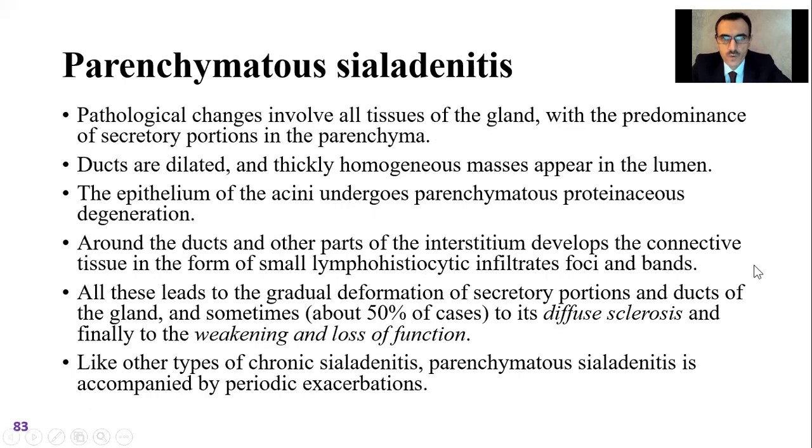Pathological changes involve all tissues of the gland, with the predominance of secretory portions in the parenchyma. Ducts are dilated and thick homogeneous masses appear in the lumen. The epithelium of the acini undergoes parenchymatous proteinaceous degeneration. Around the ducts and other parts of the interstitium, connective tissue develops in the form of small lymphohistiocytic infiltrates,